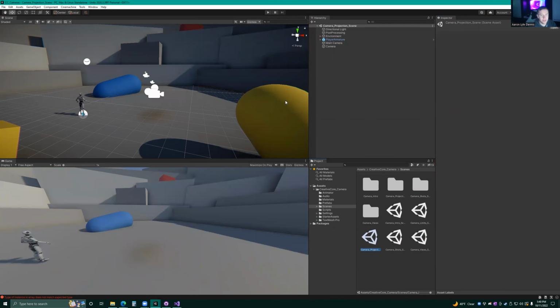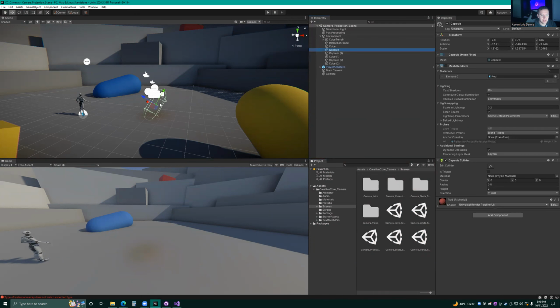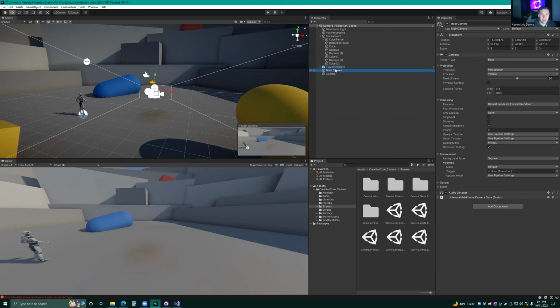This one was kind of interesting, and a little bit tricky. It looks a little bit weird, but if we go to the environment, you can see we have this capsule here, which is actually invisible. The reason it's invisible is because we put this layer 6 rendering mask on there. And layer 6 right here, you can see we call it the culled layer. And now if we move over to our main camera,